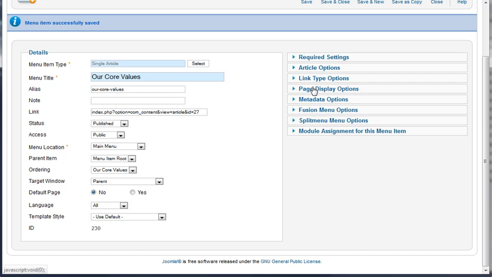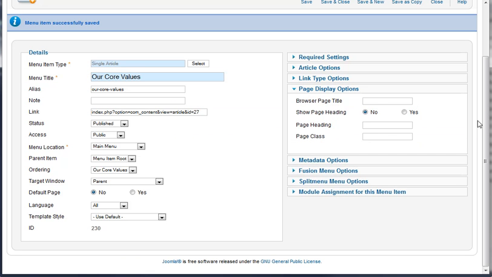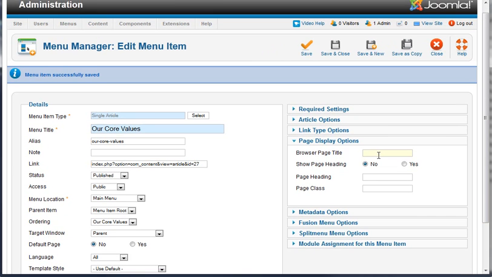so be mindful of that. Then you've got your link title type options, the link title attribute for the menu link. So make sure you give the menu link a title there. You've got the link styling and the link image and the add menu title link. This is all regarding this link that's inside of the title in the main menu. Then we have our page display options. This is where we can give it a custom title tag for the specific page. It's going to override the default generation of the title tag on the article page itself,